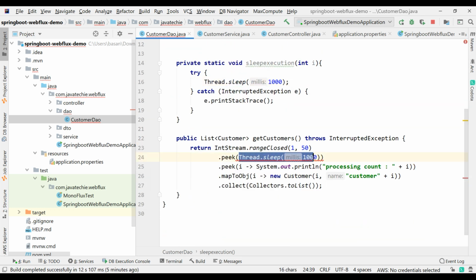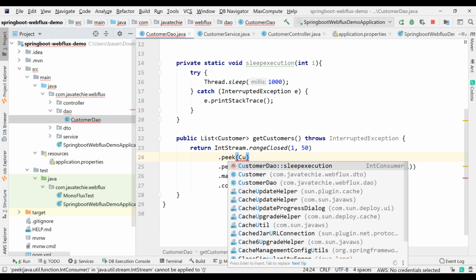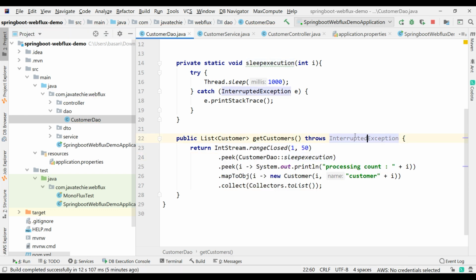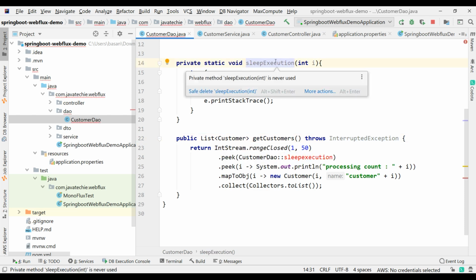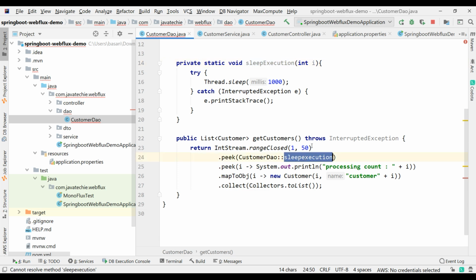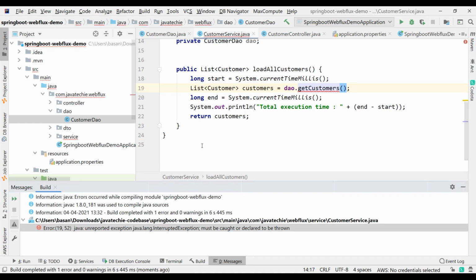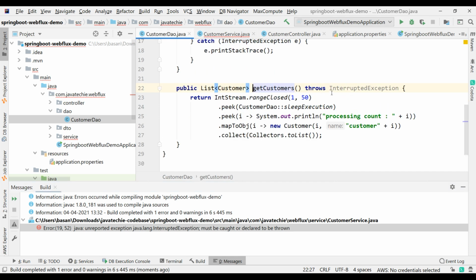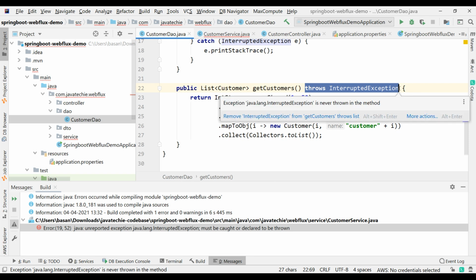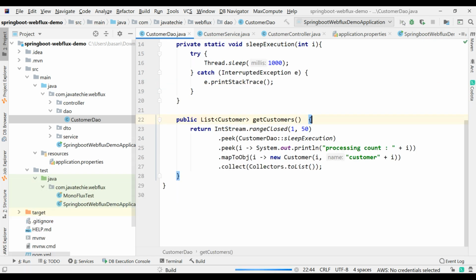Now in this method I can directly use CustomerDao::sleepExecution. So just add the proper naming convention. Fine. Now let's stop the application and rerun it. Okay, there is some error. DAO.getCustomers. Okay, we just need to remove this. Now let's run it.